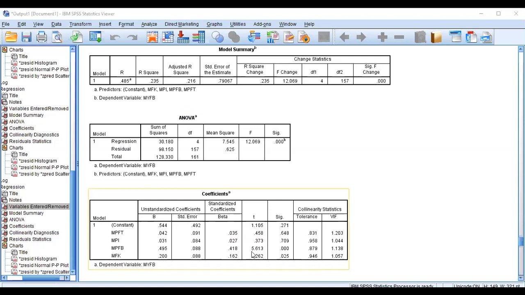Okay, I'm again repeating. One standardized unit increase in parental financial behavior will increase the youth financial behavior by 0.418